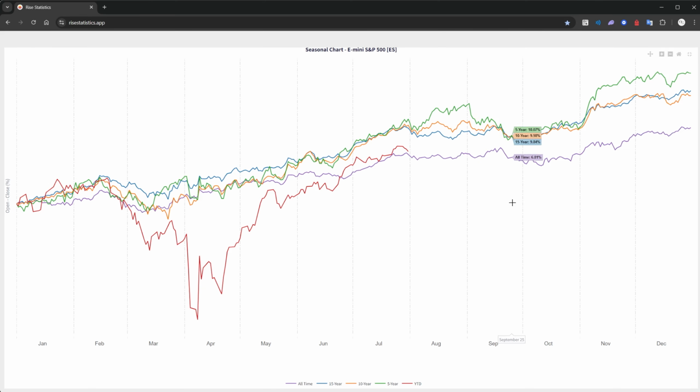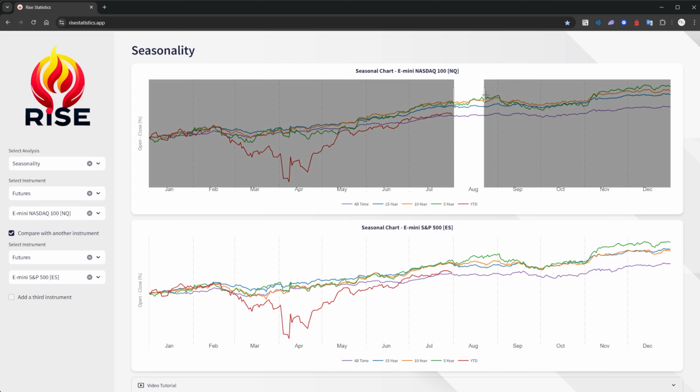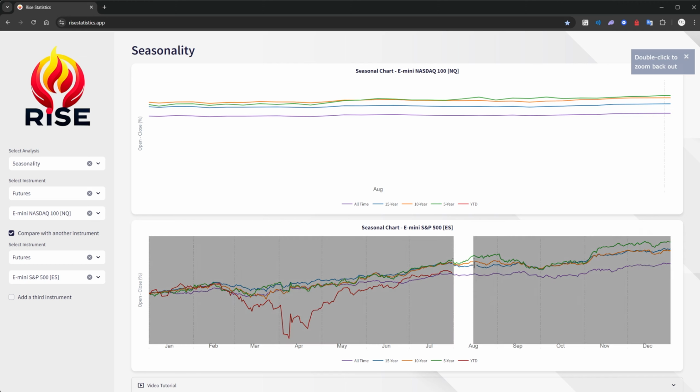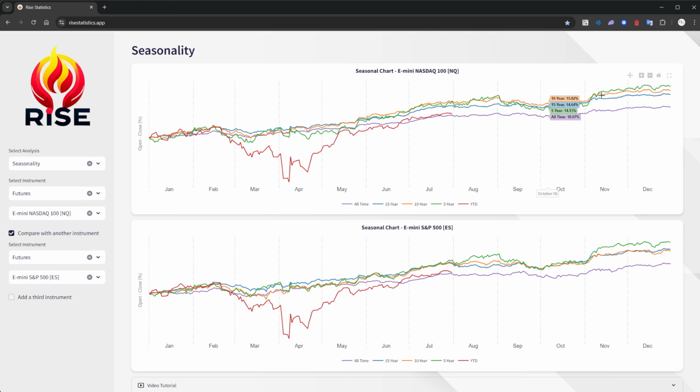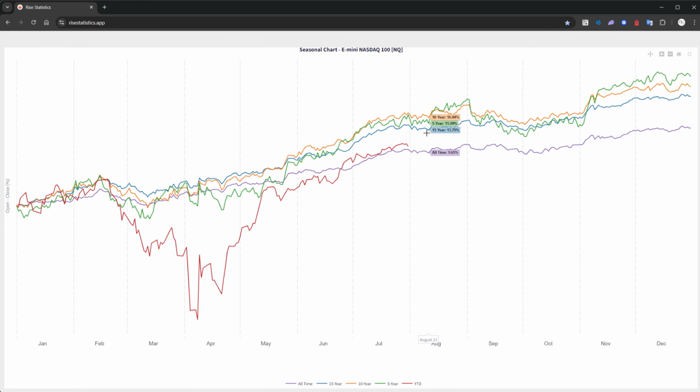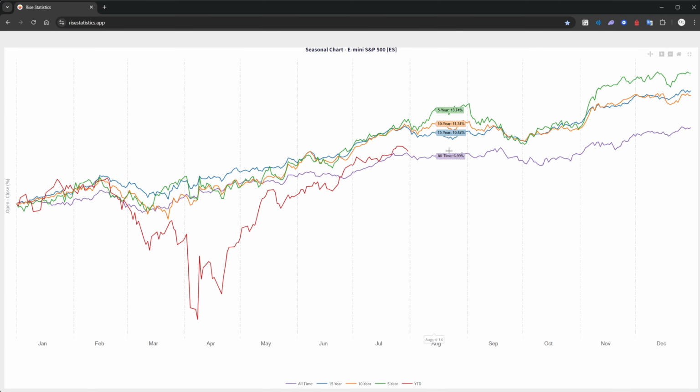Now, yes, same thing. The only divergence that we see on both assets is going to be a little hard to see here, but let me try and zoom in. Our axis is going to be a little bit weird. But what we see, the divergence between NASDAQ and ES, if I go full screen here, is that NASDAQ does not form that low on the 24th-ish of August. We see the divergence of NASDAQ being higher, while ES is lower on these same points. I'm looking at the 15-year average mainly in this case. More recently, 10-year and 5-year, we've seen a lot more bullish price action during August. That's what I want to see.